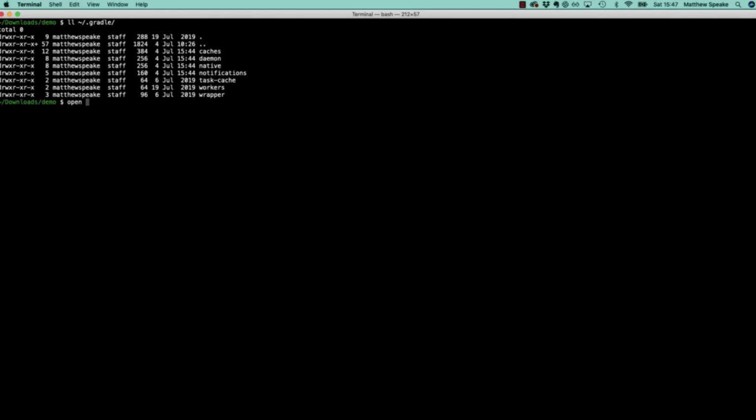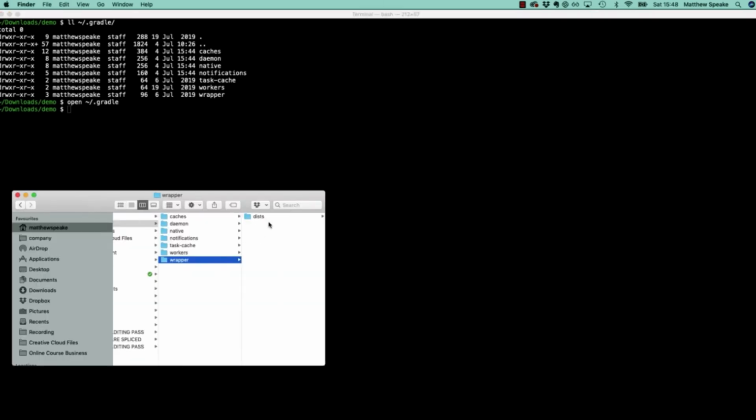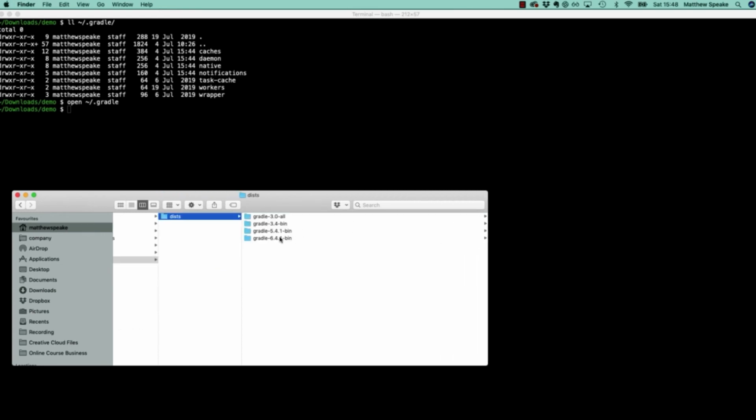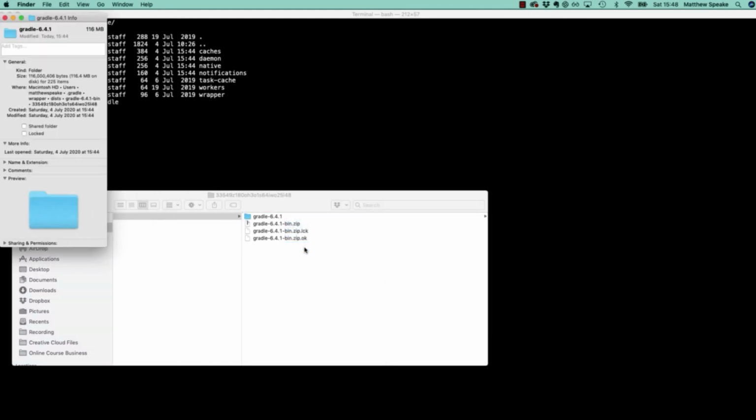If I open that up, which is probably a better way of looking at things, then you'll see I have a wrapper subdirectory here and a dists subdirectory. And if I just open this up now, you should see that in here, this specific directory, this is the actual Gradle distribution that it's downloaded. So if I go back out, and if I just right click and do get info, you can see here